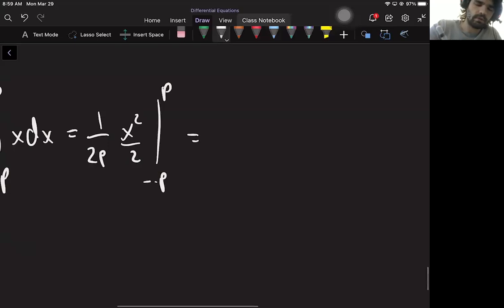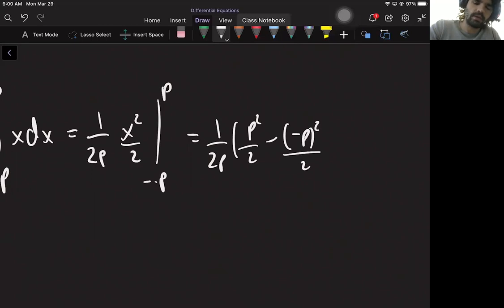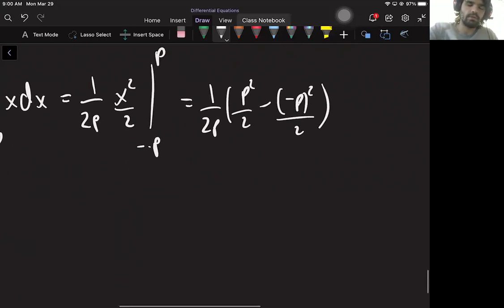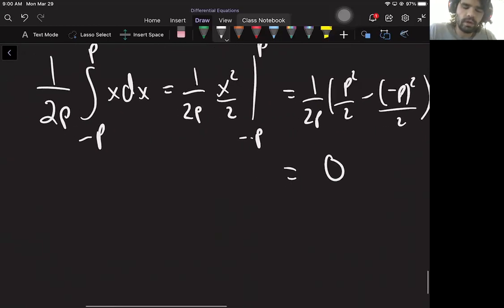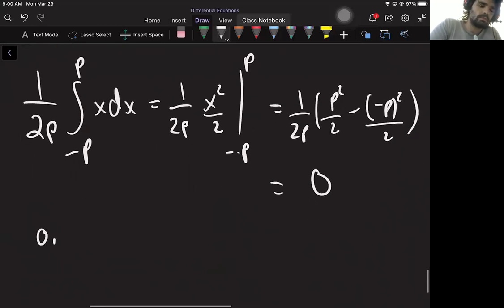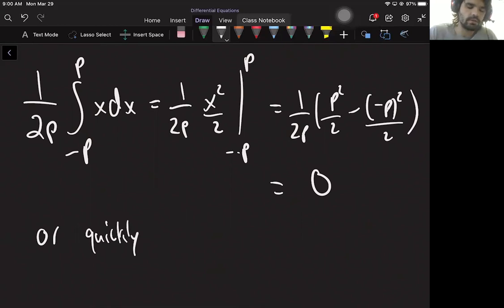And then we'll notice that we'll just get 0 here, because you get p squared over 2 minus negative p squared over 2, and the negatives go away. So you just get p squared minus p squared is 0. But we want to employ some new tricks. So you could calculate that, that's fine. So the other trick is that you could just quickly know it should be 0